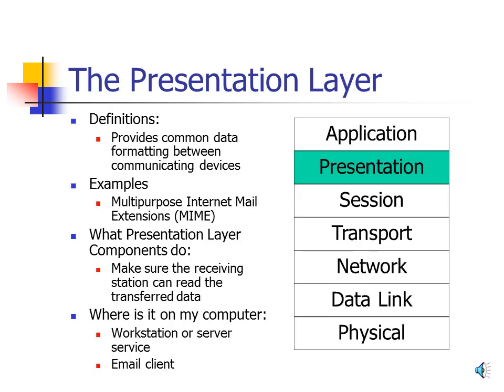The presentation layer. Well, what does the presentation layer do? Well, it provides common data formatting between the communicating devices. Now, an example of this would be the Multipurpose Internet Mail Extensions or the MIME protocol. And this makes sure that the receiving station can read the data that is sent by the transmitting station. Now, where does the software reside? Well, in the case of MIME, it resides inside your email client. If you are connecting to shared files and shared printers, this is part of your workstation and your server service